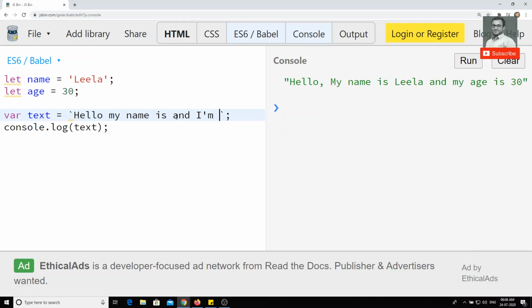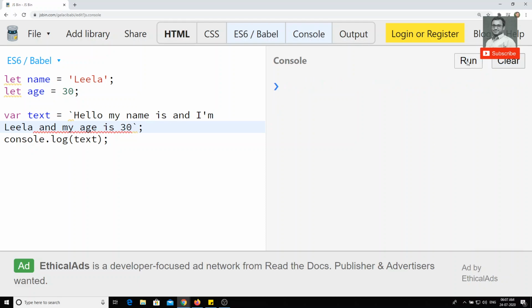I can go to the next line also, and write "and my age is 30" like this. If I want to print the text here, I can directly print it.